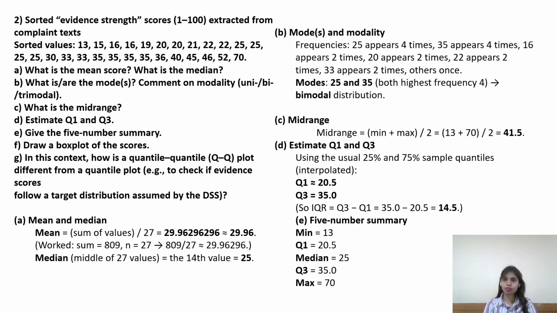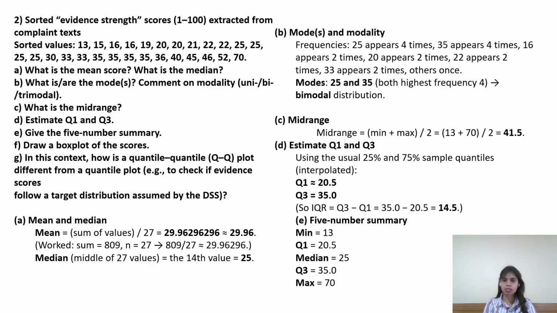35 appears 4 times. 16 appears 2 times, and 20 appears 2 times. 22 appears 2 times. 33 appears 2 times. Other ones appear less. Mode equals 35 and 25, both with the highest frequency of 4. Bimodal distribution. Mid-range equals min plus max upon 2, equals 13 plus 70 divided by 2, equals